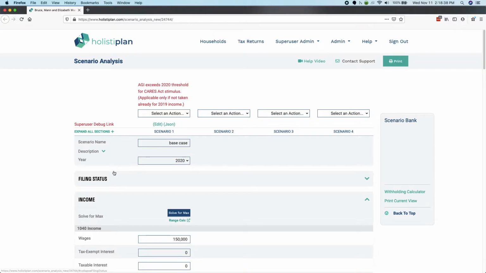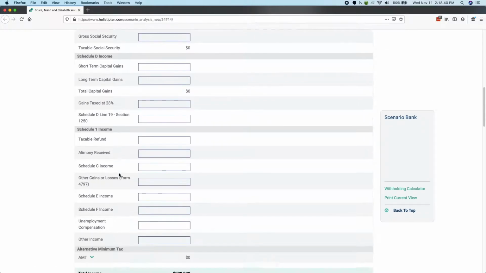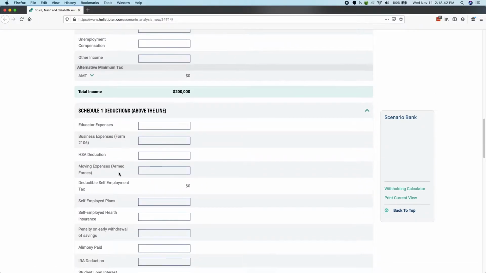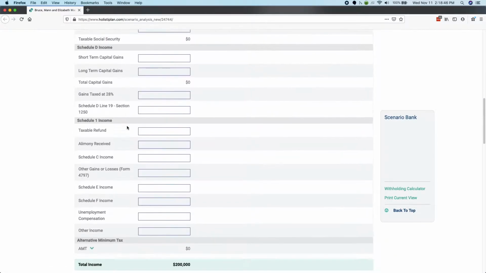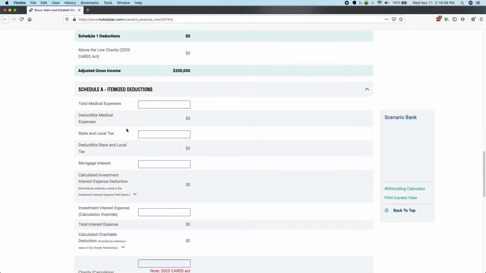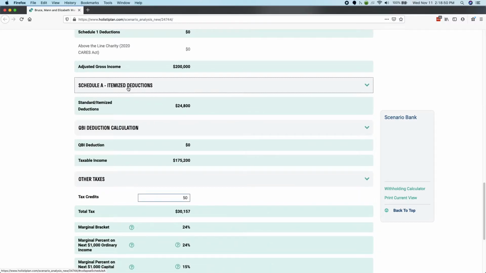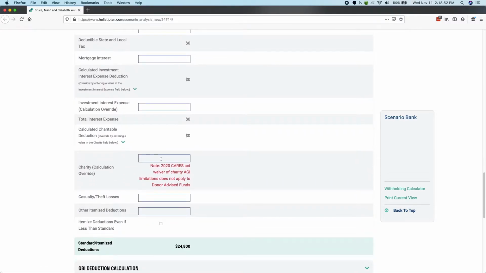First, what we'll need to do is just capture a charitable donation. So that's going to be in Schedule A. I started up top, I scrolled down to Schedule A. Where is it? There it is, Schedule A, which normally would be closed. I'll pop it open here, and here's a field for charity. Let's say that this client gives